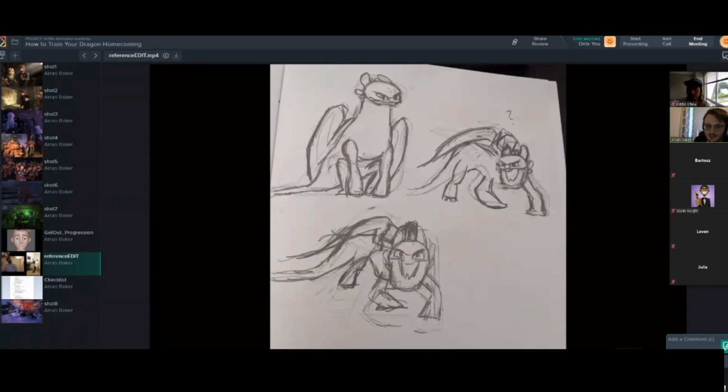Then this is a shot I did of Toothless, the first shot I did with Toothless actually, where he screams. It's a very short shot, but I think it's one of the only times in the short film where he gets angry, and so I really wanted to take liberty of that. I looked at a lot of reference of Toothless screaming and how he roars, how he asserts dominance, and in context of